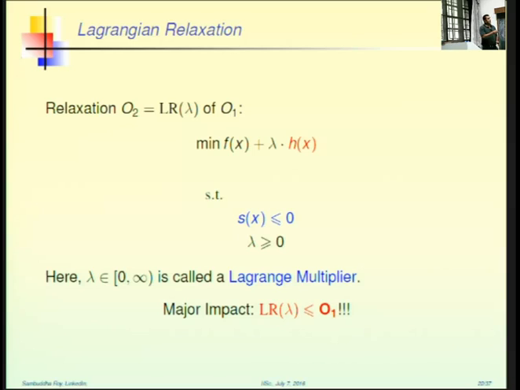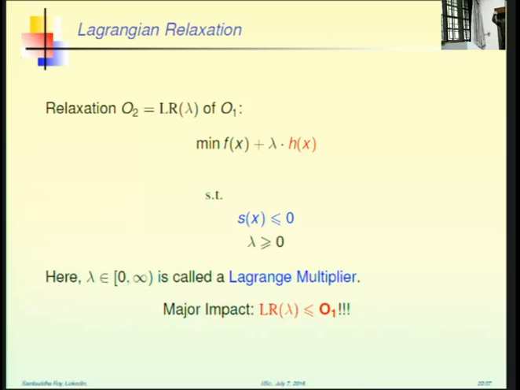On the other hand, if lambda is very, very large, then that means if you violate h of x, if you violate that constraint, you pay a heavy penalty. So if lambda is very high, then this problem becomes the earlier problem from the point of view of the feasible set. So the bottom line is, forget about the niceties here, which we won't be able to get through in 1 or 2 minutes. But the main point is that